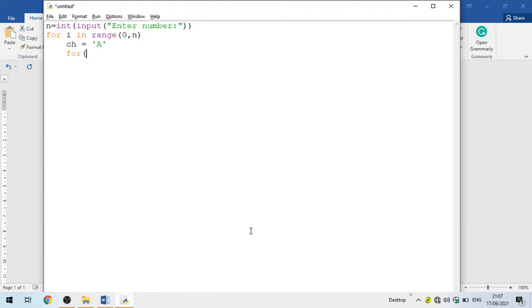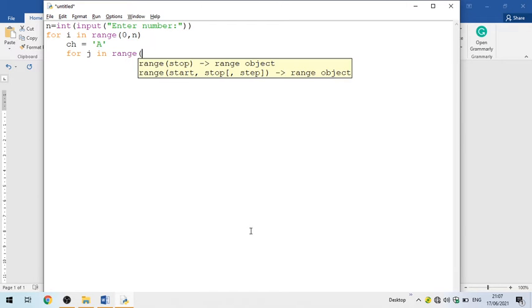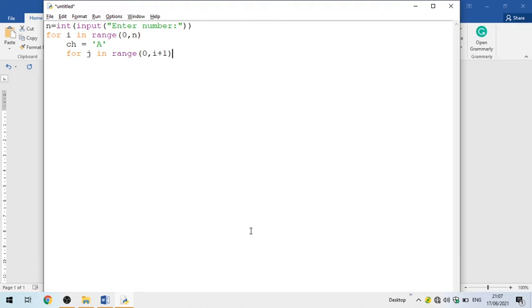Now create another loop. That loop will start with 0, and it will go in the range ending with i plus 1, every time i plus 1. So this is the loop and this is the other loop.